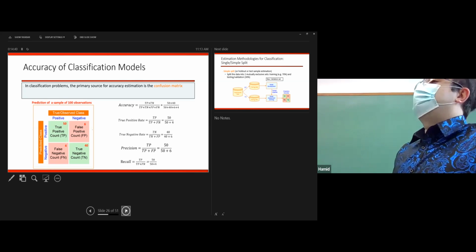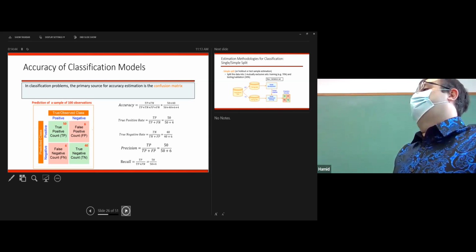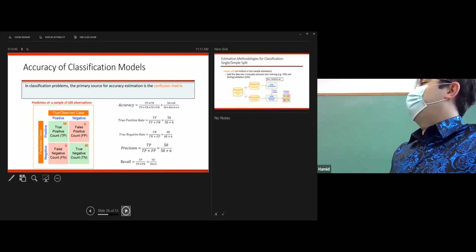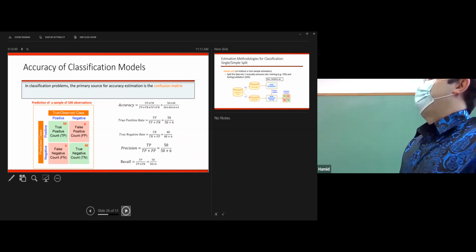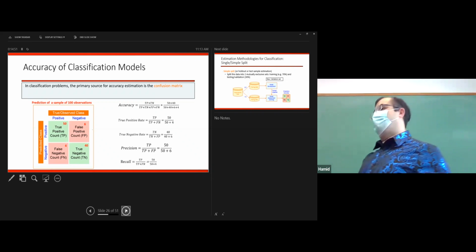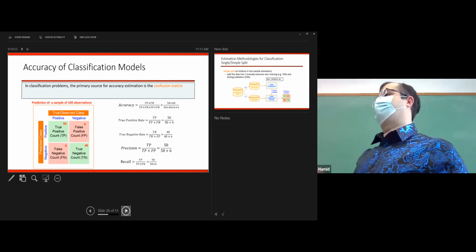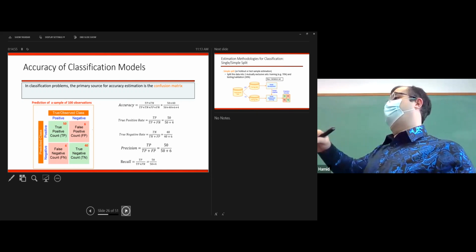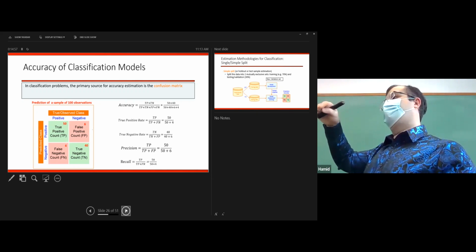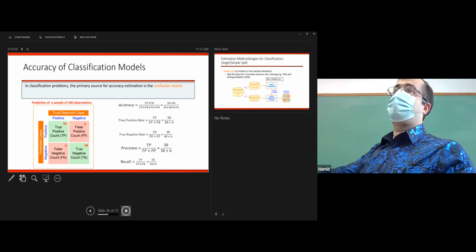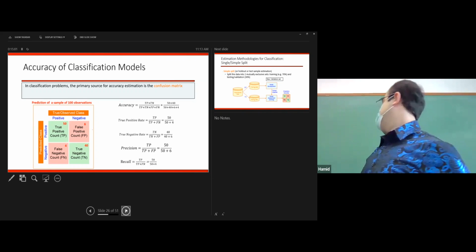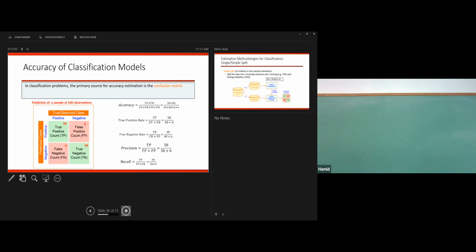So they are not necessarily named positive and negative. Again, I go to the good old example of Bitcoin. For Bitcoin, positive could be price going up, negative could be going down. So let's say I have a model